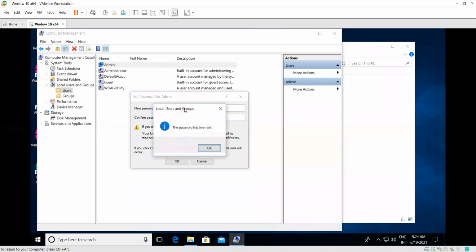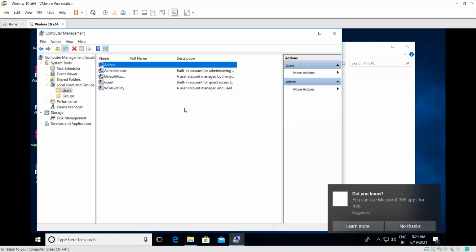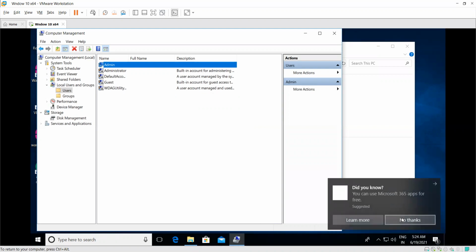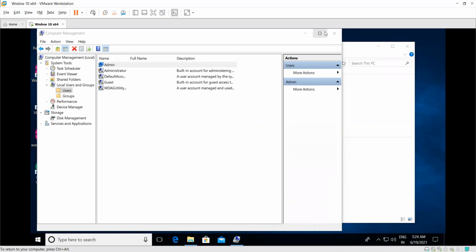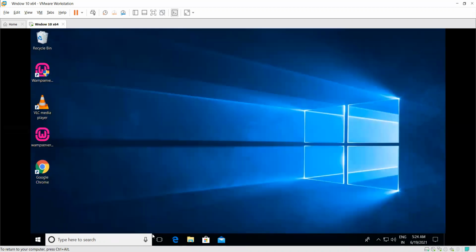Now just press enter, and that's it. So this is the kind of procedure you can follow for changing the password of the current operating system which you get from the incident space. If you are getting a user system that is based on a Linux distribution, what do you need to follow?